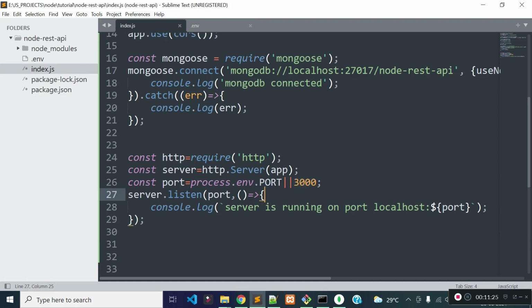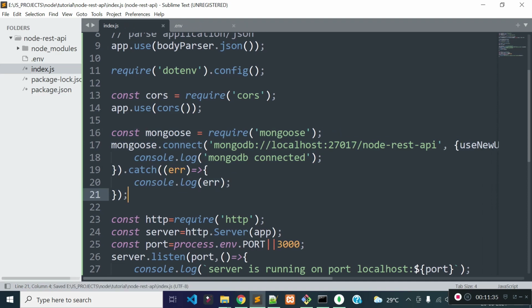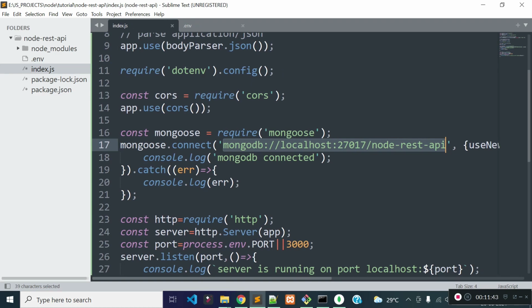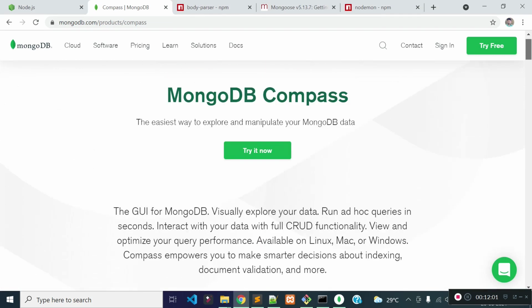Okay, so we already connected MongoDB and we already ran our project in local development server, but I have a solution for you if you are having some problems during installing MongoDB. Sometimes lots of users get problems during installing MongoDB, then instead of a local database you can use a live MongoDB database URL in this connect method. So now I'm going to show you how we can create a live MongoDB database URL.